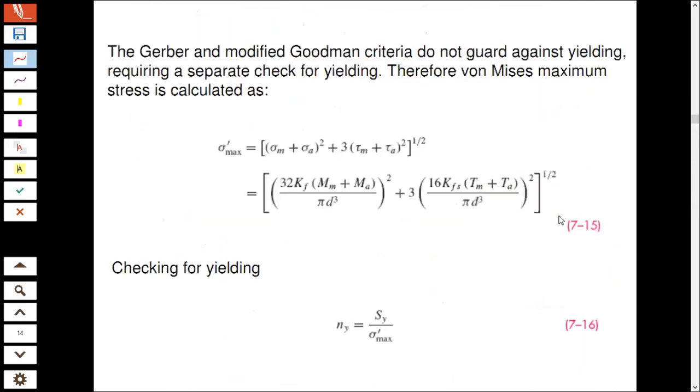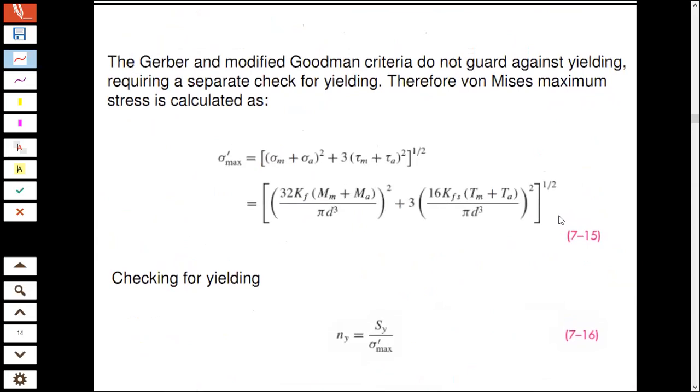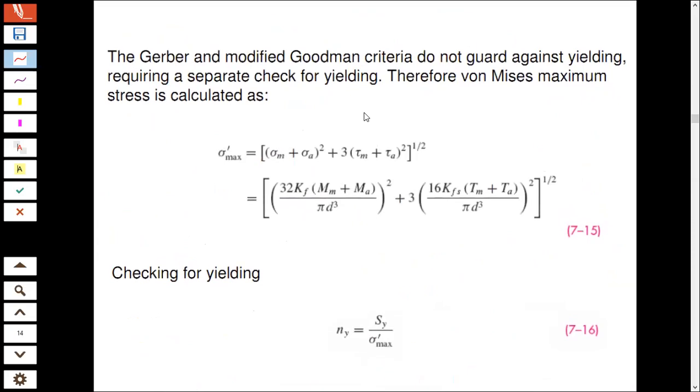So for those criterias that do not take yielding into account, for example, Gerber and modified Goodman, what you should do is find your own factor of safety in yielding and see if that works or not. For example, we want to calculate the factor of safety. So what will be the factor of safety? In yielding, it will be equal to the yielding strength, sorry,